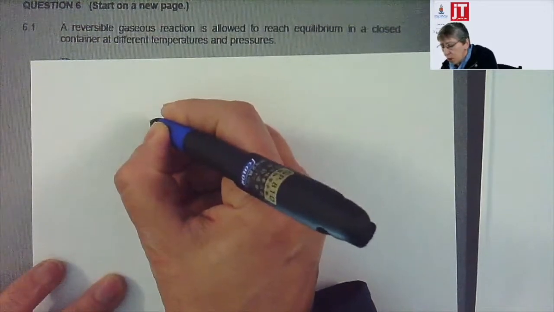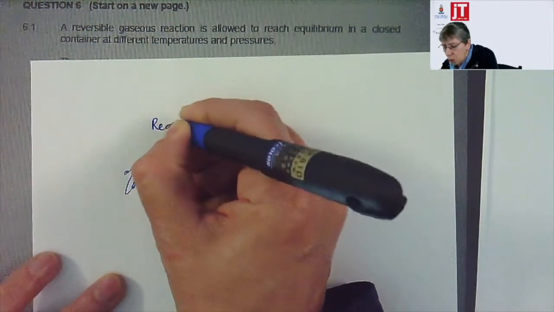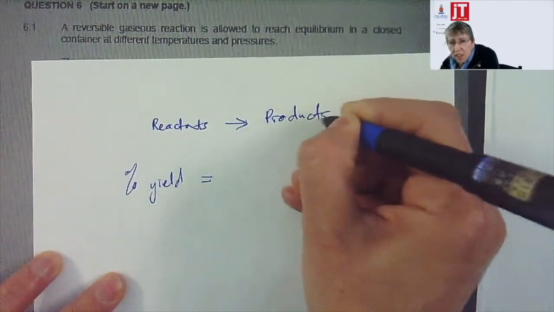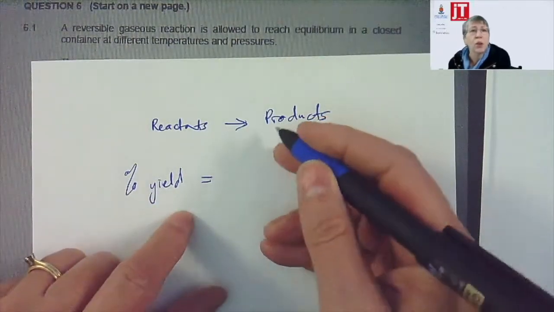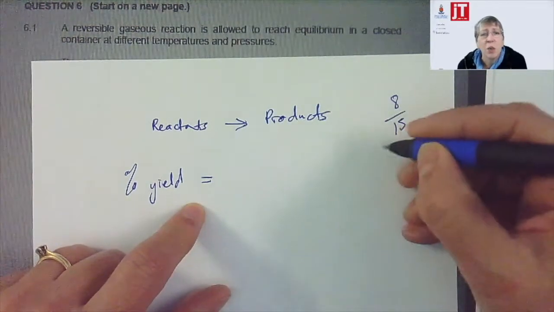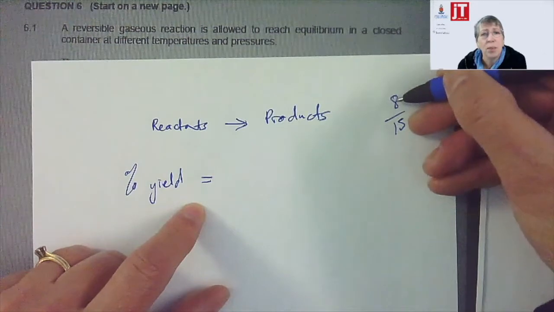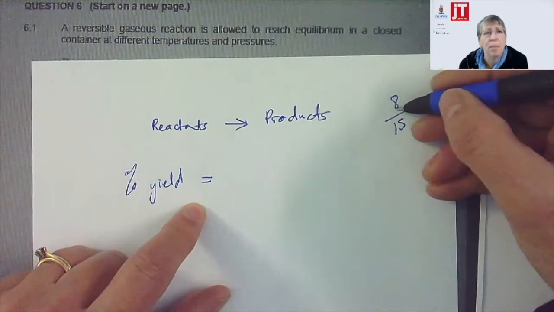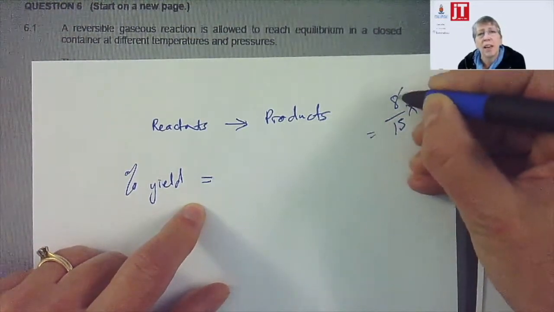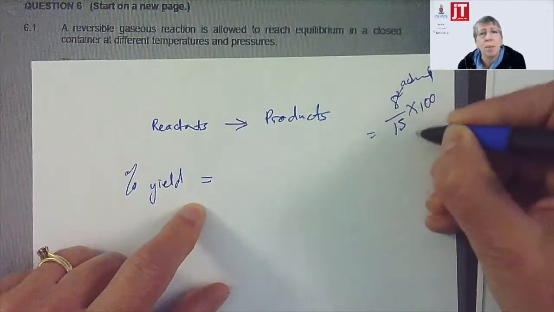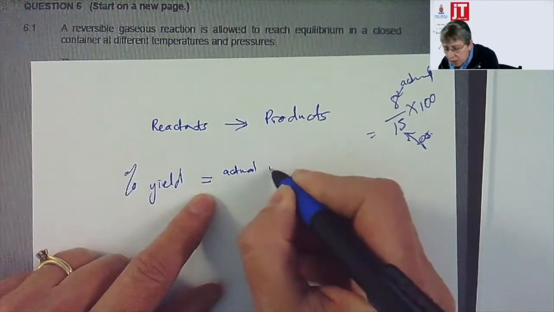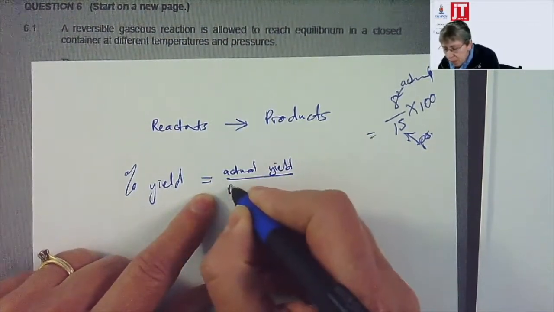First off, remember, when you've got an equation, the things on the left-hand side we will call reactants, and that gives you products. So percentage yield is how much product you get from what you could have got. If you've got a test and you have 8 out of 15 and you want your percentage, that is the actual marks that you got out of a possible 15, and then times 100. So percentage is always the actual divided by the possible. Here it will be actual yield divided by possible yield